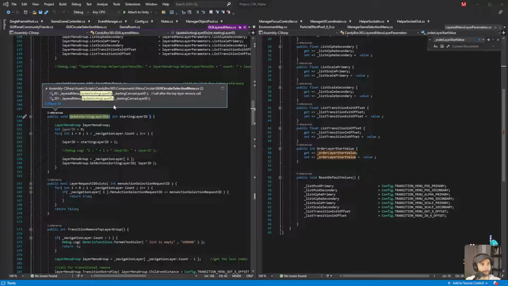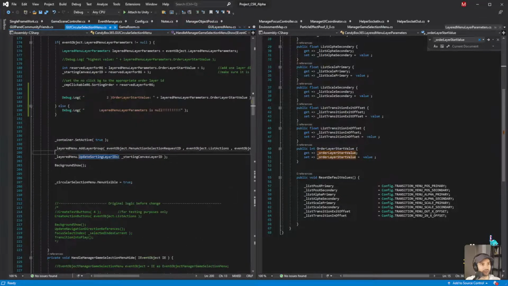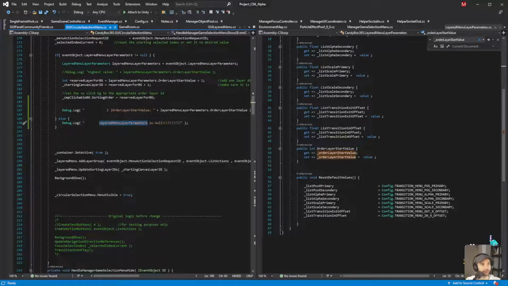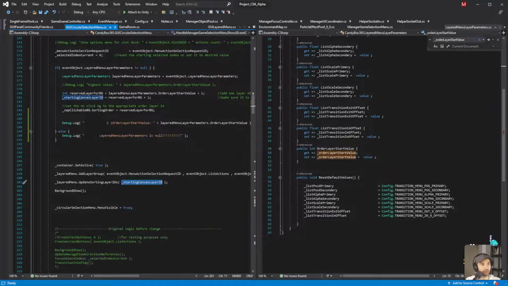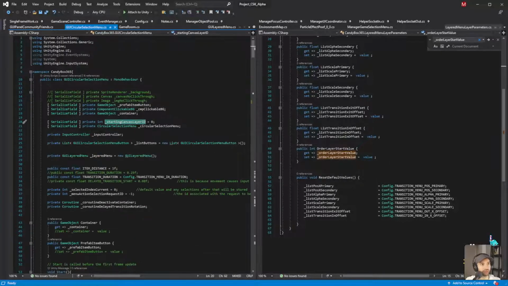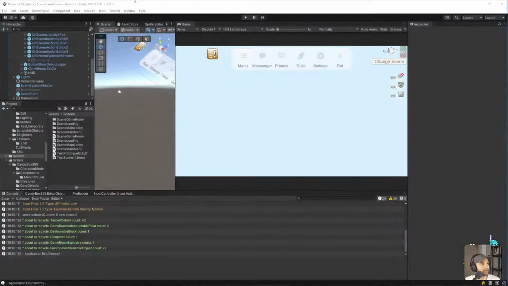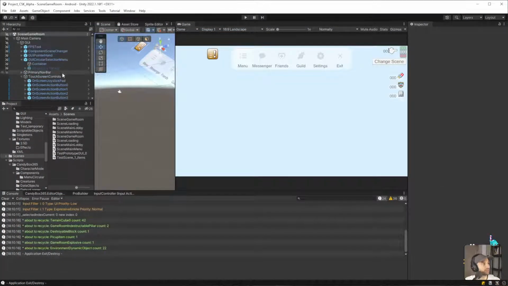Kinda. So if we go back here, so right after here, that means that this was null. So if this was null, what's the default value? Starting canvas layer ID, circular selection menu. I think that's where that 50 is coming from.